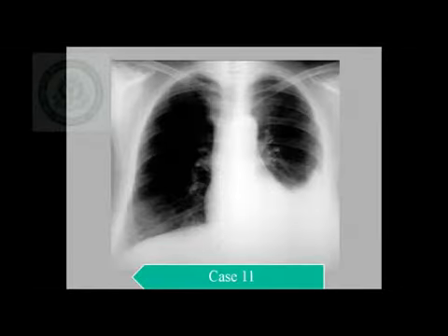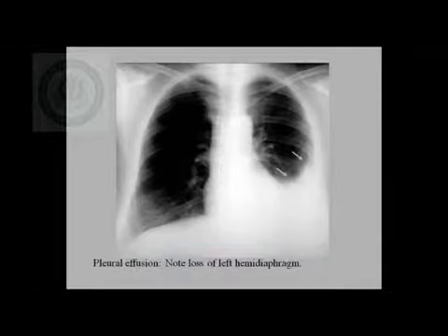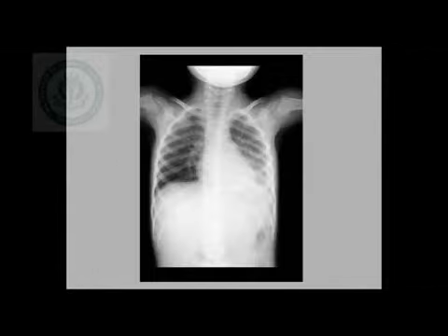Again, an opacity that is obliterating the left costophrenic angle, and if you concentrate on the upper border of the opacity, that forms a curve, that is a concavity upward. That is a case of left pleural effusion. This is a typical appearance of left pleural effusion. In contrast, you see here a lamellar effusion wherein you see the opacity forming a vertical stripe of line which is parallel to the left chest wall, and these are called lamellar type of effusions, and are more common secondary to infections of the left lower lobe.